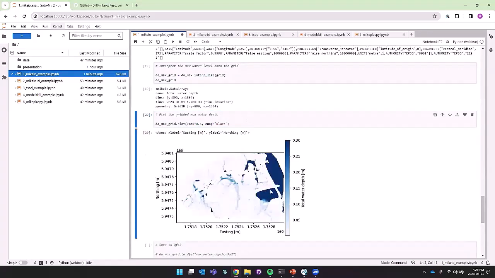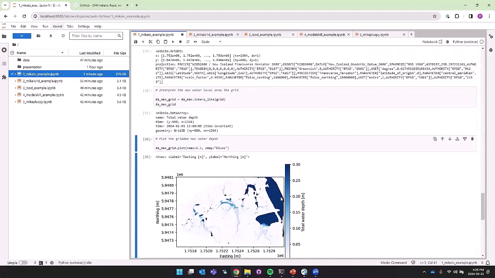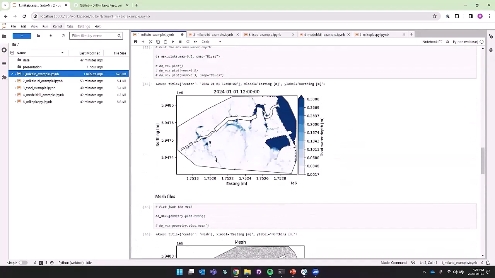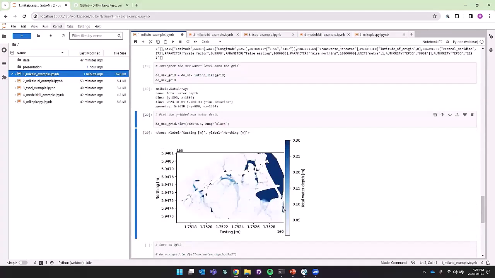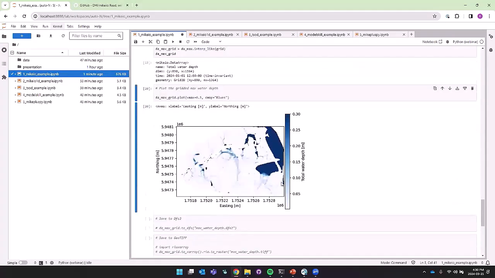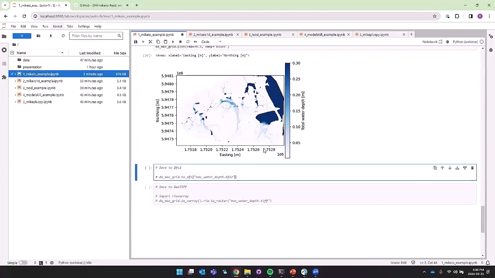And we can see that it looks basically the same, but the one up here was obviously very mesh-like, and this one is more gridded in this area. We could save that DFS2 file by using the to_dfs method, and then specifying where we want to save it. And again, that's just going to save right here.